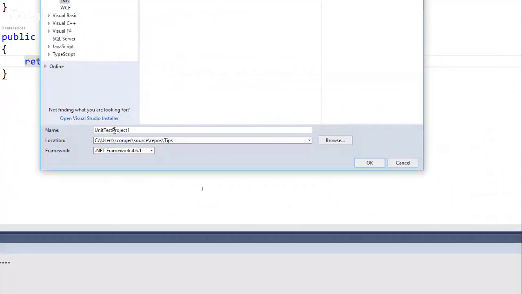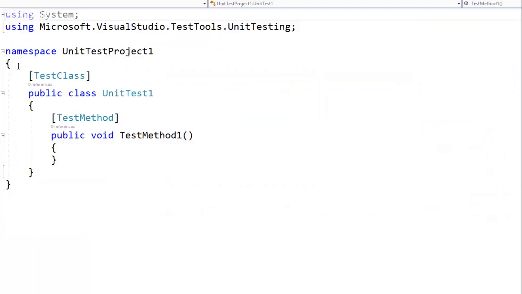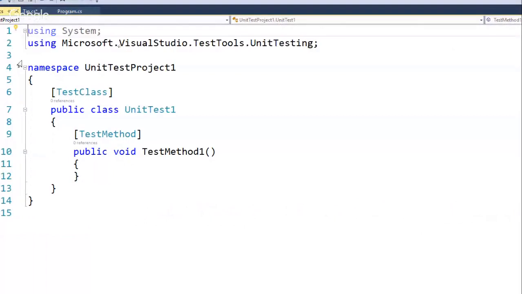You can name it whatever you want. I'm going to leave it as unit test project 1 because I don't care too much. All right. So over here, we've got tips, and now we've got unit test project 1. If I go over here, it gives us a test class, a test method, and then an empty test method. A couple of things we have to do is attach this test project to the other one so it can see